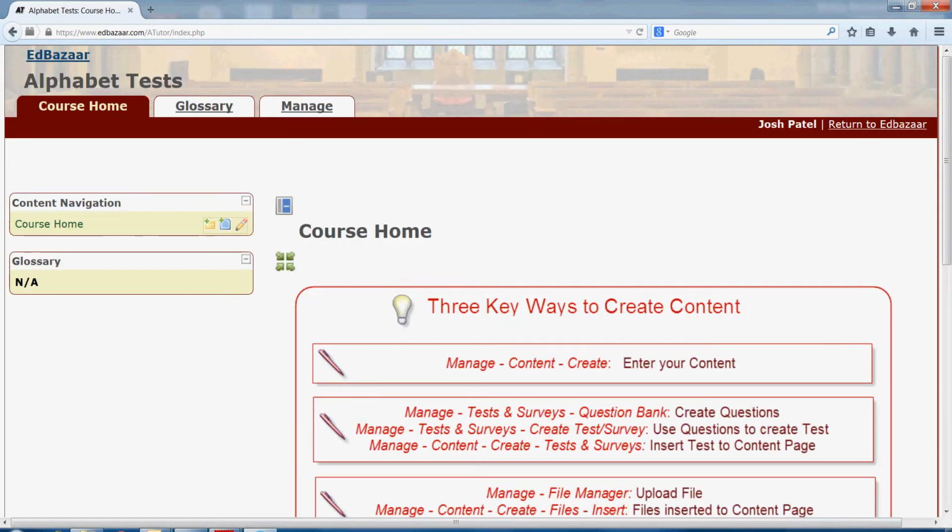So when I do that, I'm now in this editor page where I want to now create tests. So there's a three-step process to create tests. The first step being to create questions, which we already did, as we can